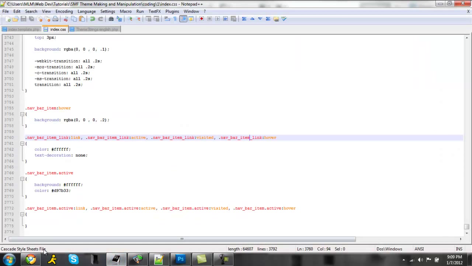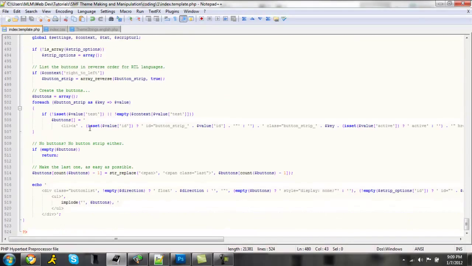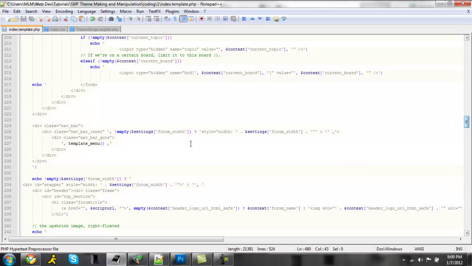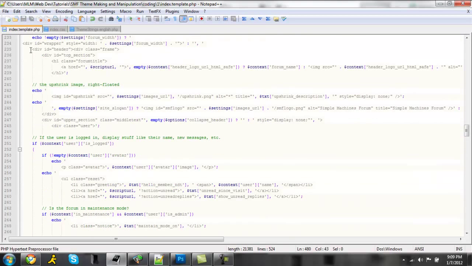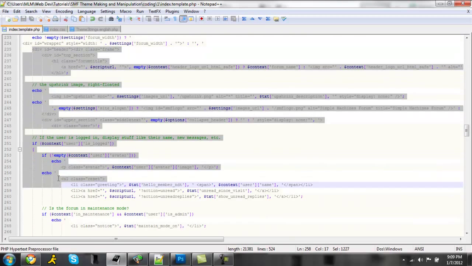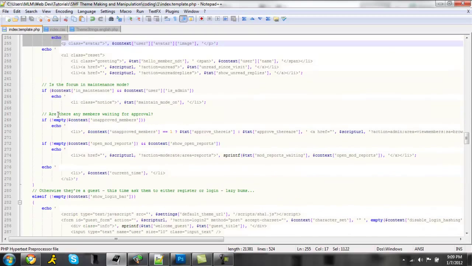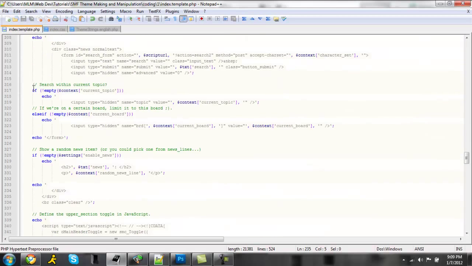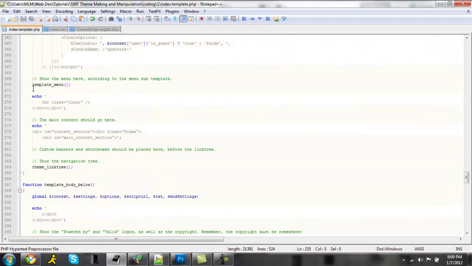Now all we have to do is delete the top nav part. So scroll back up to where we started, right after here, and we just want to get rid of this whole header part, not the wrapper, just the header. So find out where the header ends. It goes down pretty far, and it's right here. So delete that whole section,